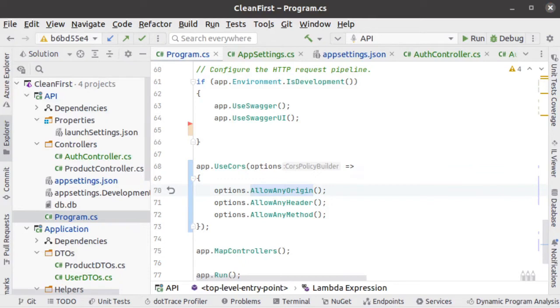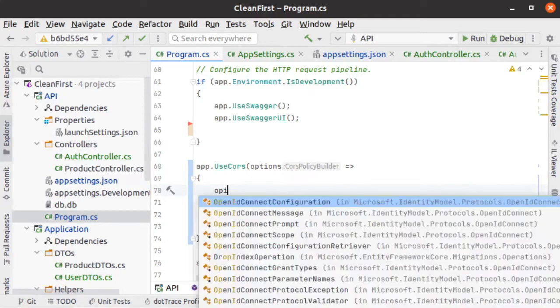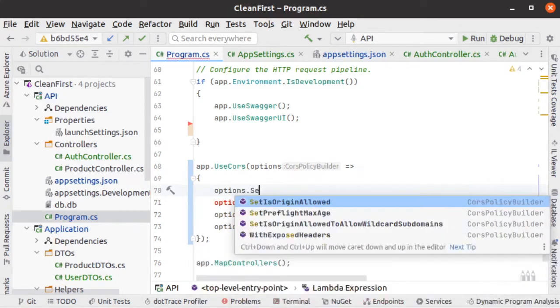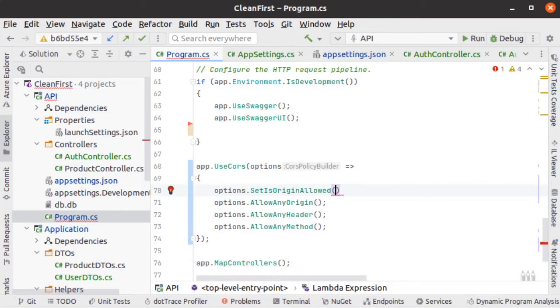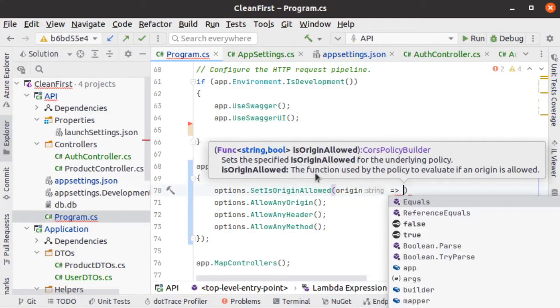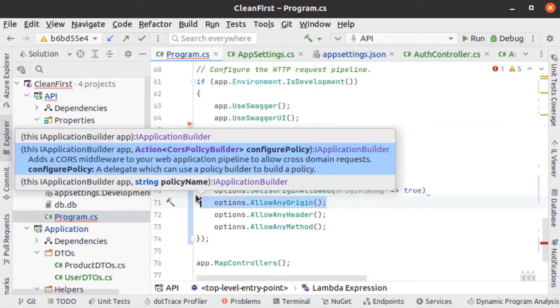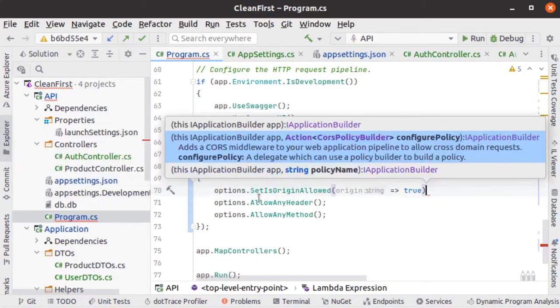There are different ways you can write this statement, and one of the alternatives is options.SetIsOriginAllowed, and then you can say origin and this little arrow, and then write true, and then we can delete this, AllowAnyOrigin,